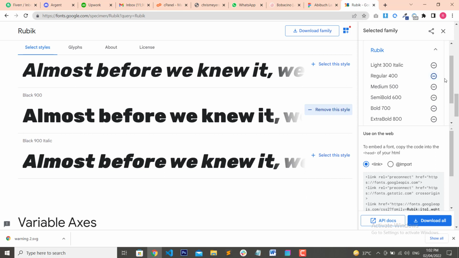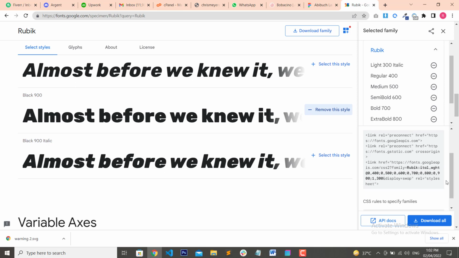I added all font weights because if our project needs bold or extra bold we will easily add this. And here you need only to copy this,